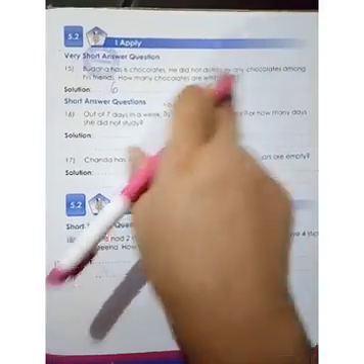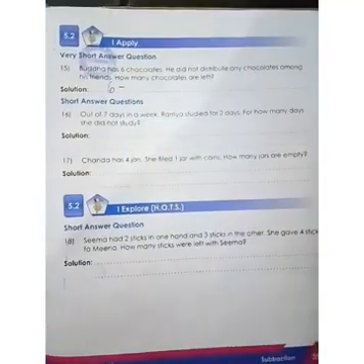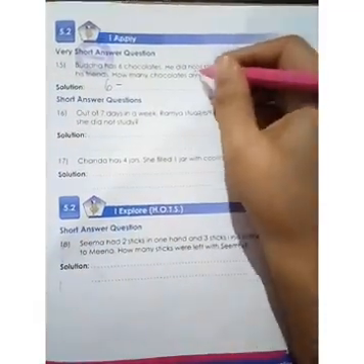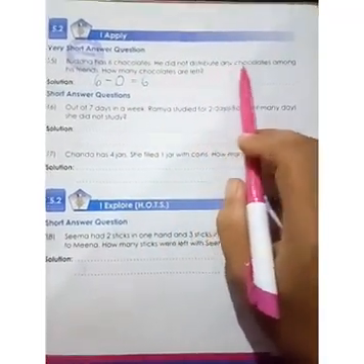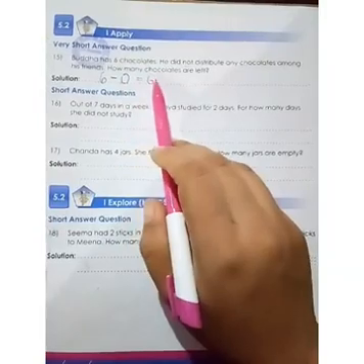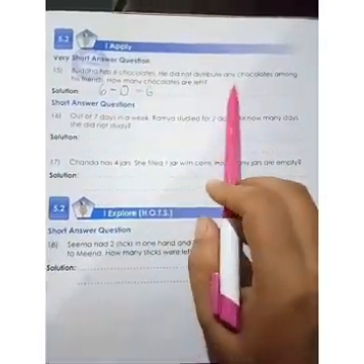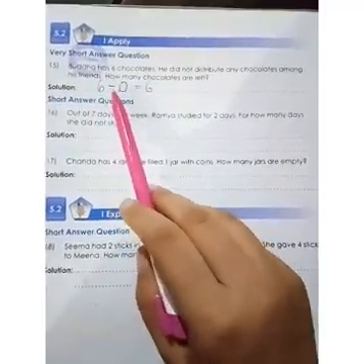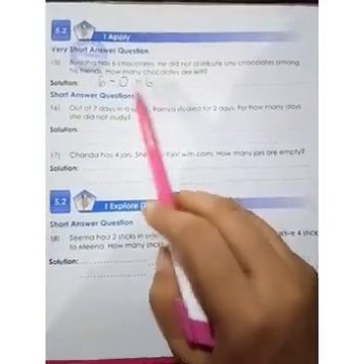And he did not distribute any chocolate among his friends. So if you have to solve mentally, the subtraction will come. He did not distribute, that means he did not give. So Buddha has 6 chocolates. He did not distribute any chocolate among his friends. How many chocolates are left? Okay, so Buddha is the name of a person and he has got how many chocolates? 6 chocolates. And he did not give any chocolate to his friend. Okay, so if we have to solve mentally, how we have to do? 6 minus 0. 0 will come because he did not give to his friend. So 6 minus 0 we will get 6. Okay.